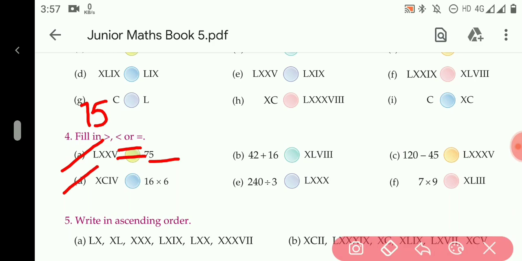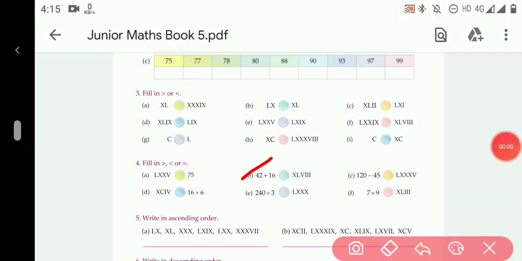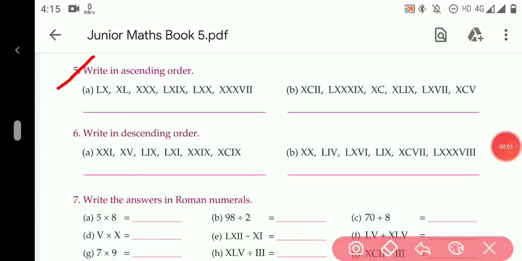In D part, XC, which means 94, and when we multiply 16 into 6, we will get 96. So which one is greater? 96. So we will put the sign towards 16 into 6. Remaining questions B, E, C, F will be your homework. Do in maths copy. Question number 5, write in ascending order which means from smallest to largest, and 6, write